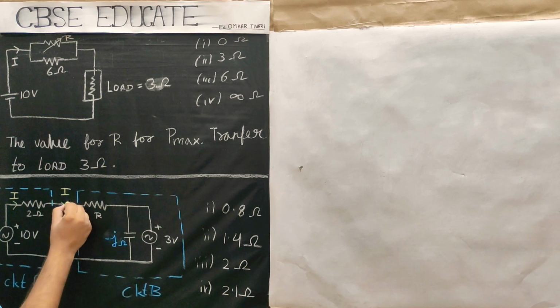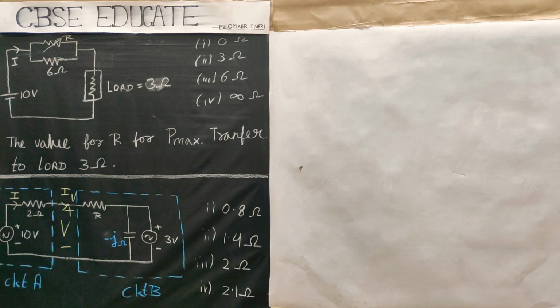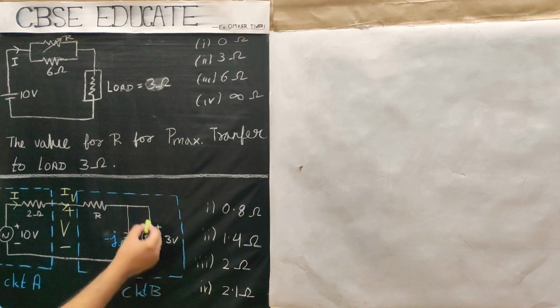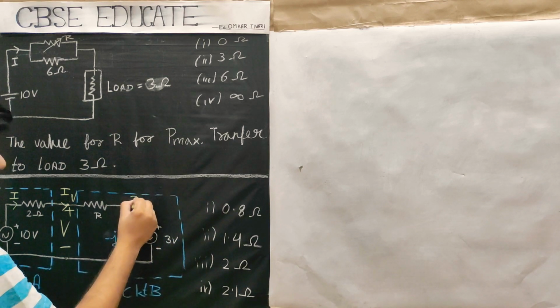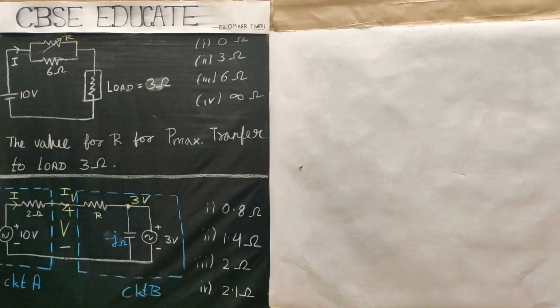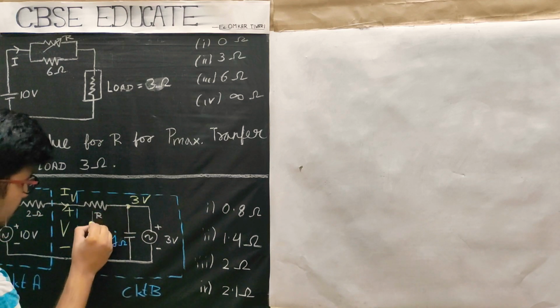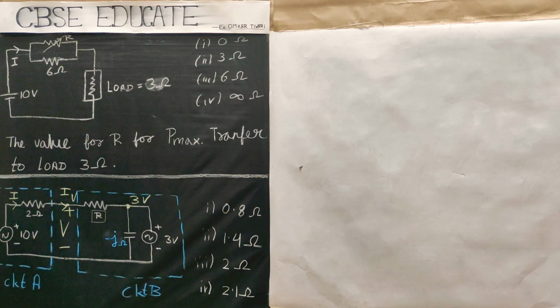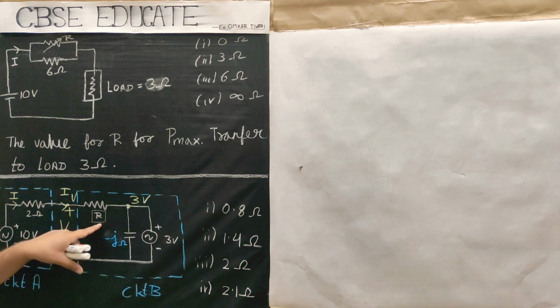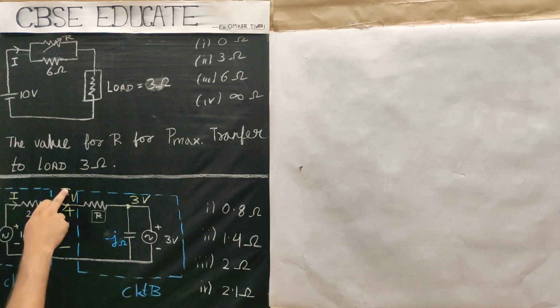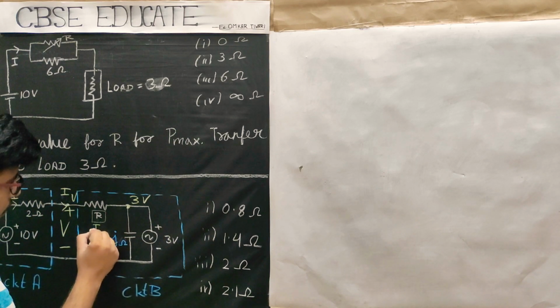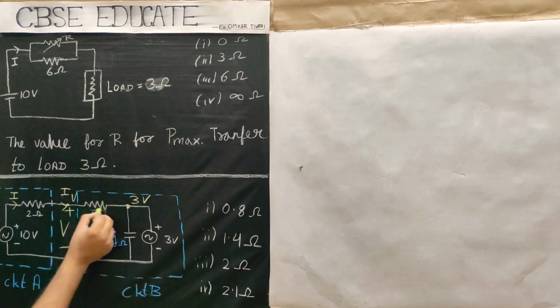Suppose the voltage here is V, this is plus, this is minus. The voltage here is V, and there here is 3 volt, so on this node we will also get 3 volt. Now you can see the voltage across this resistance R will be what? The voltage across this is IR, the current I into R.